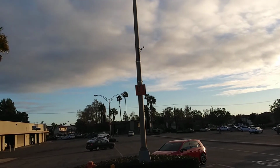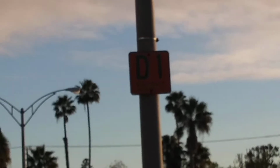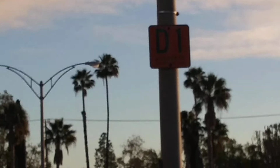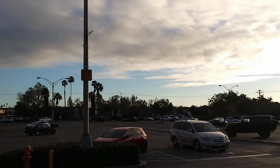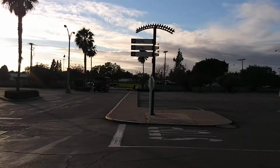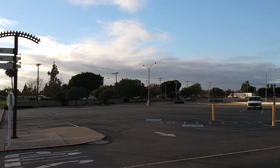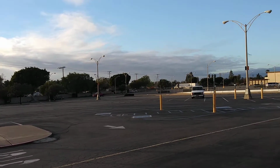I don't know if this is going to come out or not, but there's these signs. Let me see if we can zoom in. I don't know if we can see it or not, but it says D1 Allstate Insurance Company. Now on these poles in the back section of the Sears, most all of these poles have sections, so back in the day when you parked here, you knew where you were. There's one over there, there's one over there, there's a whole bunch to the left of me. And I didn't know back in the day